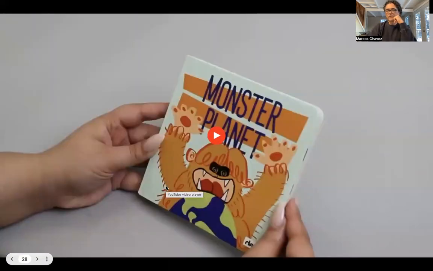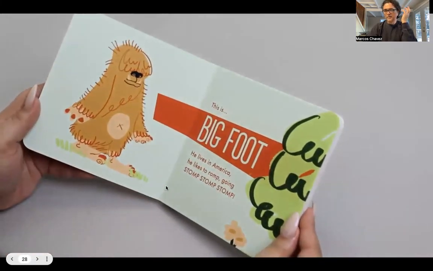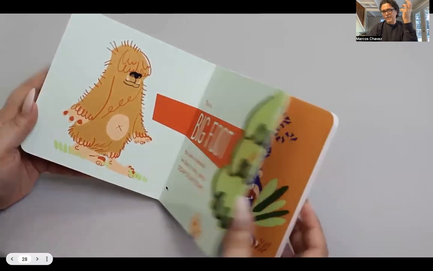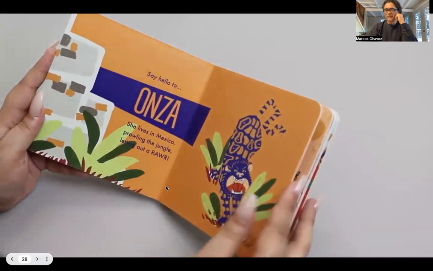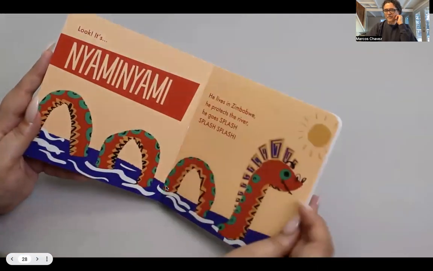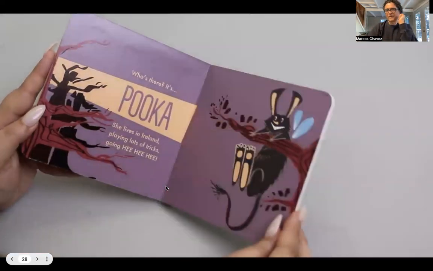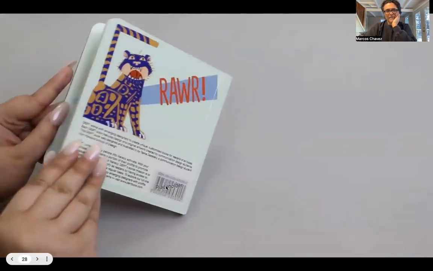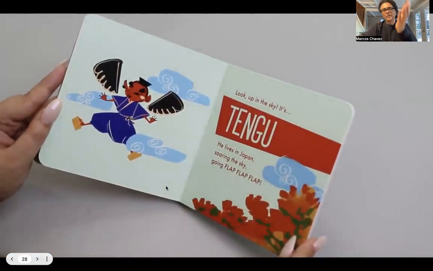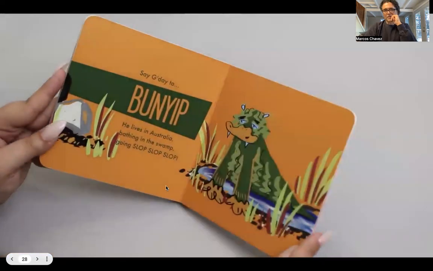And then Monster Planet we looked at yesterday as well, which brings together this idea of actual facts of phenomena in the world, which is like these, not facts, but real things, like myths about different kinds of cultural monsters or cultural creatures from around the world, that try to be a little bit scary, but not really, being friendly, but having a little spookiness in it, a little danger, but in a fun, innocent way, and also in a way where a grown-up is going to love to learn about these different mythological creatures from different parts of the world, and